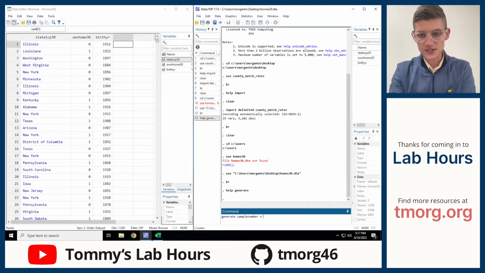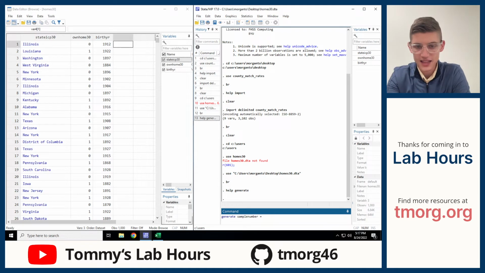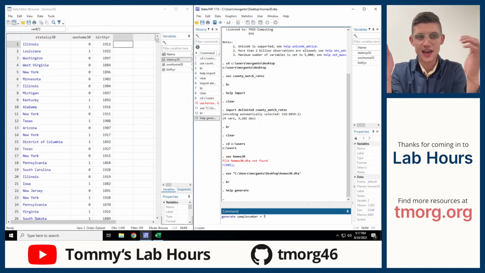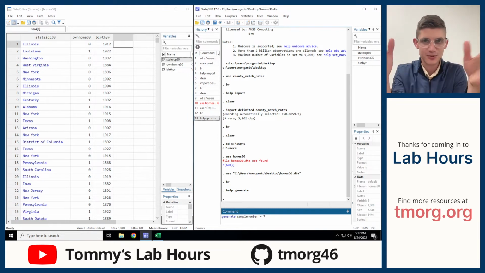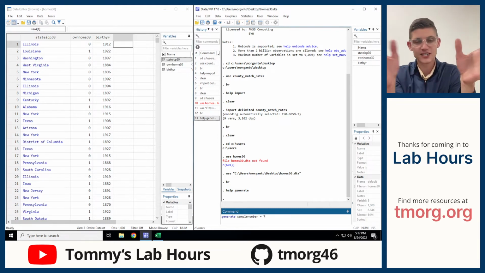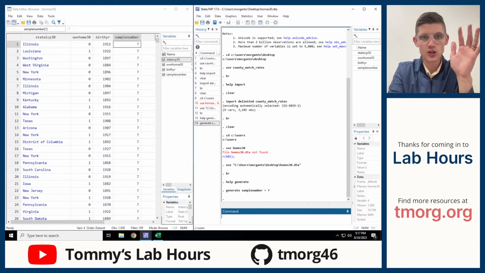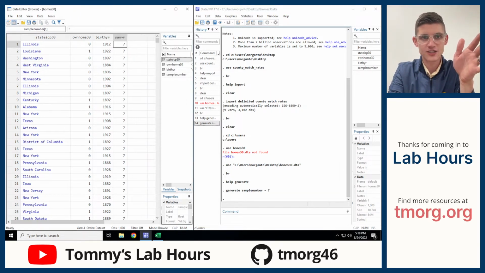A single equal sign, because it has to be there, and then in this case the expression, I just want the value of the variable to be 7 for every observation, because maybe, for example, this was the 7th sample I took from the census or something like that, right? If I hit enter here, we get a new variable, sample number,